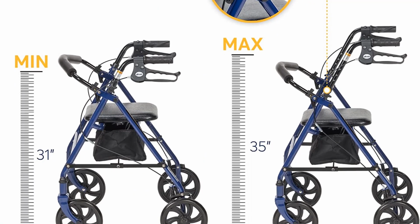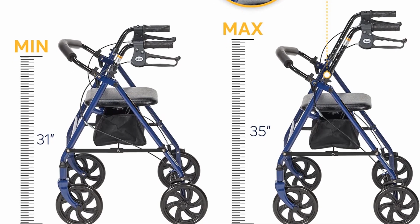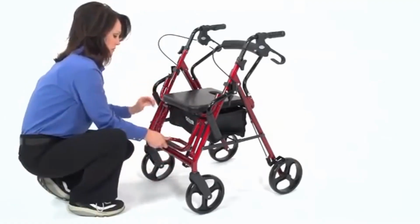This rollator comes in a deep, sophisticated shade of both blue or red, ideal particularly for aging men who don't